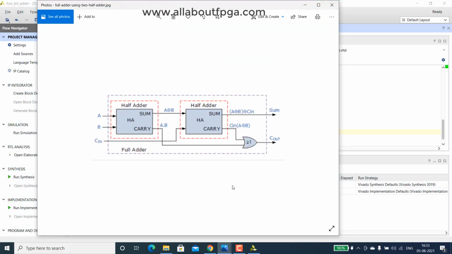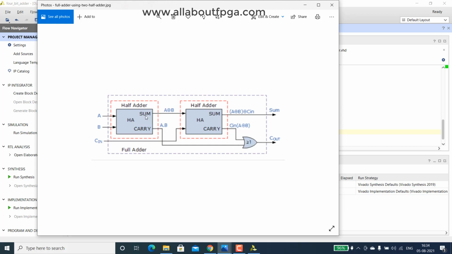For this, you can see that first half adder gives some output, sum and carry, that will go to the second half adder as an input, then carry will go to an OR gate and finally output. So this sum, you can see that intermediate line, we can call it a signal.